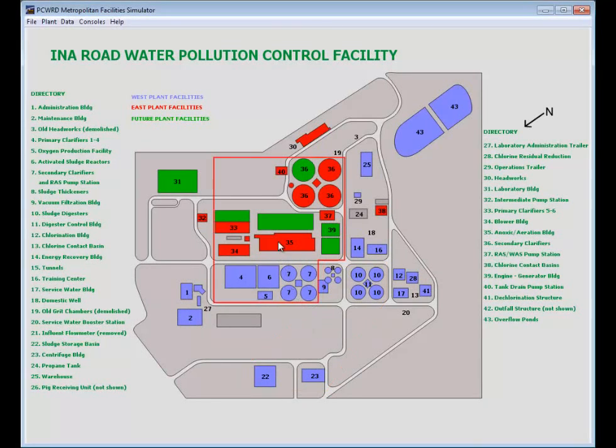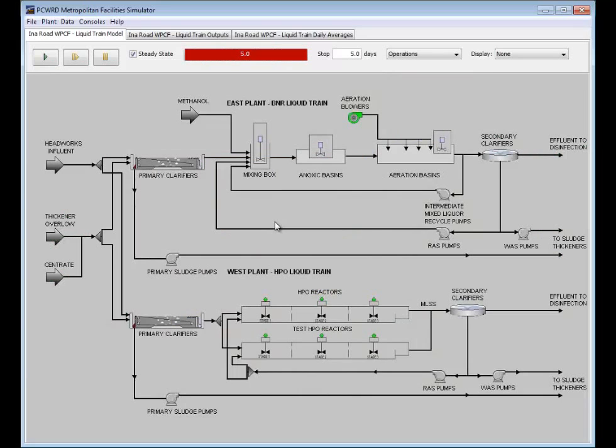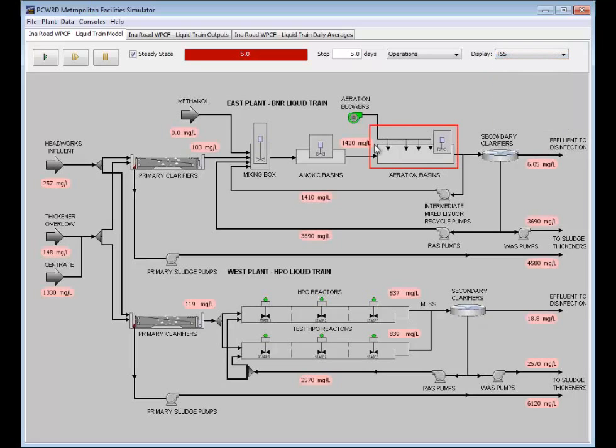This is an example of an interface we created for a client in the United States. One of the highlights here is that unlike GPSX, the results of the model simulation can be placed directly on this schematic of the plant. By selecting from this drop-down menu here, the concentrations or flows or mass flows can be displayed directly on the image itself. So let's start a dynamic simulation here, and we can see that after it comes to steady state